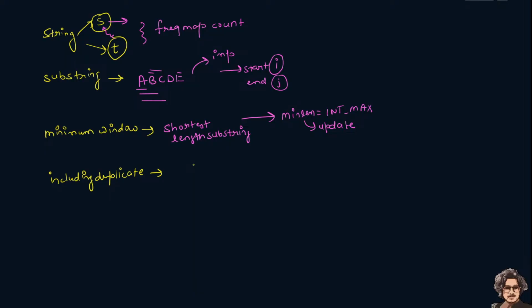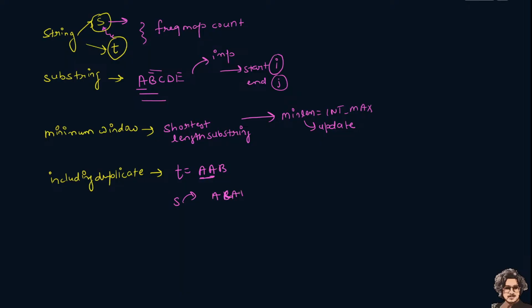So including the duplicates means that if t has any character, like a b, this character is repeating, so these are duplicates. So our valid substring must have at least 2 a's. So if we have to find it in s, we have to find at least something like a b,